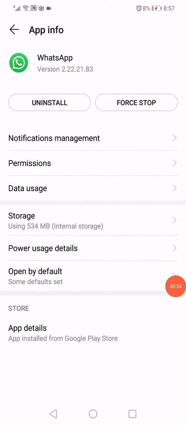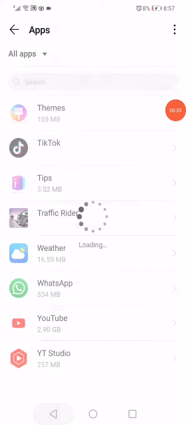Now here on this page, all what you have to do is very simple. Just click on this option here in the top. It's called force stop. And after that, all what you have to do is just go back to the settings